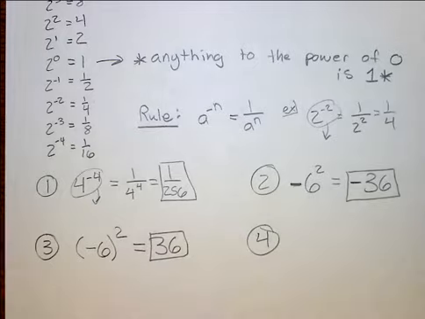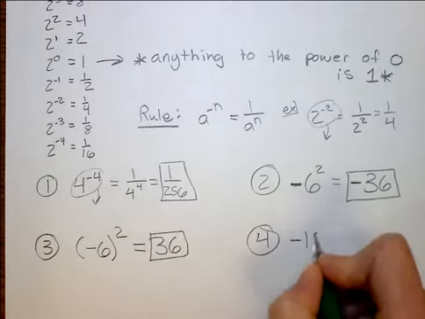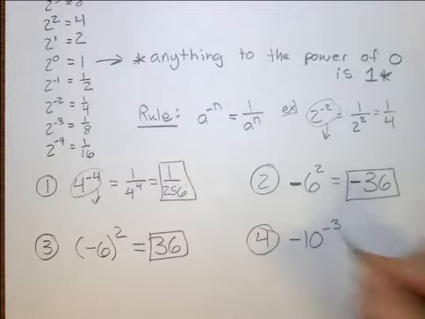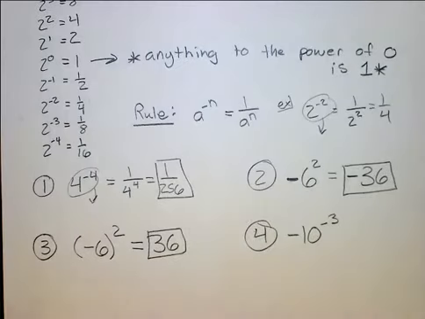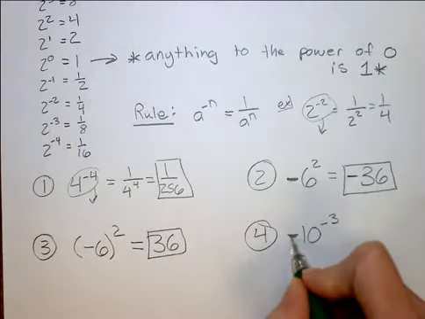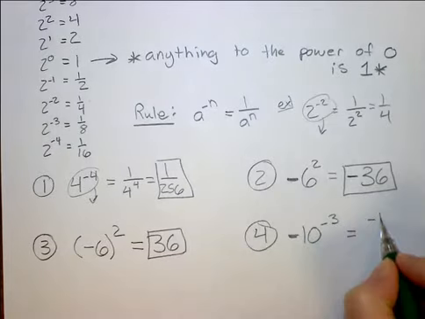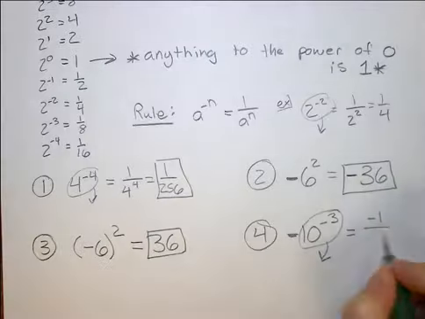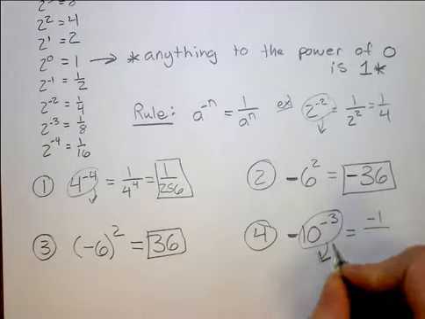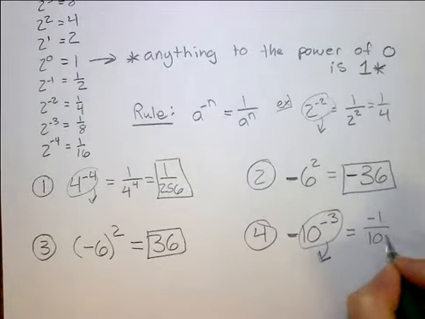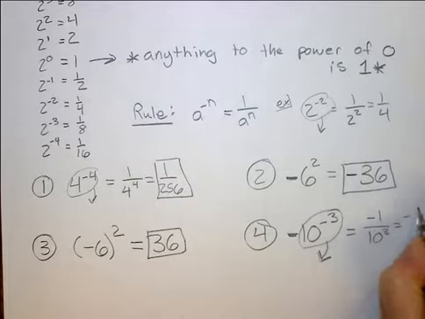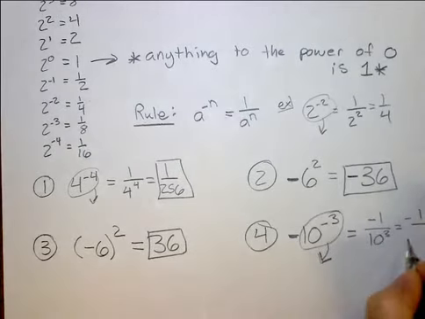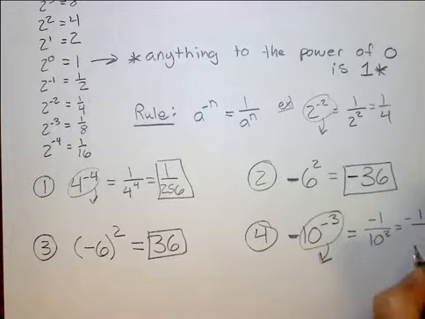Okay, number 4. We have negative 10 to the negative exponent of 3. And we need to solve this. So notice this negative that's on the outside, that'll just stay on top, but this whole part is going to be moved to the bottom because we cannot have negative exponents. You always have to make them positive before you can go further. So we're going to make it positive by moving it to the bottom. So we have 10 cubed. And then we have negative 1 on top, and 10 cubed is going to be 1,000. So we have negative 1 over 1,000